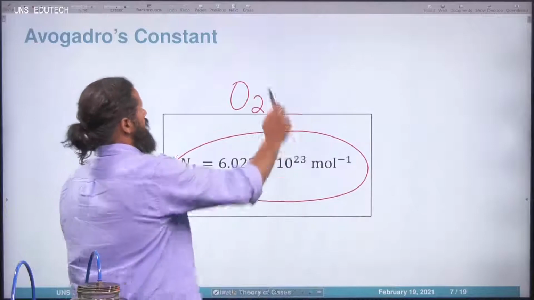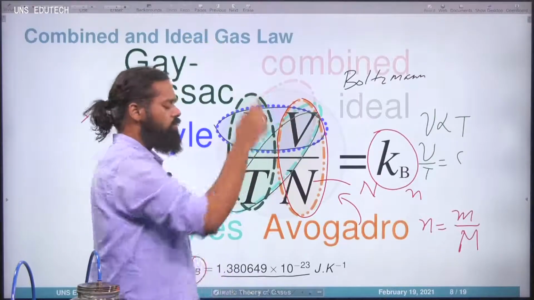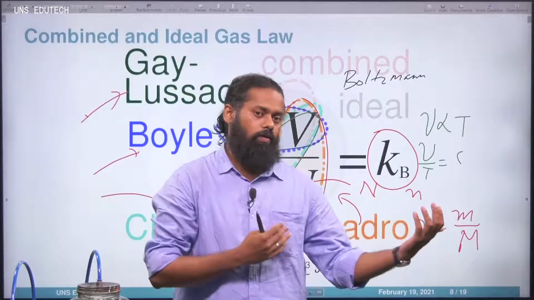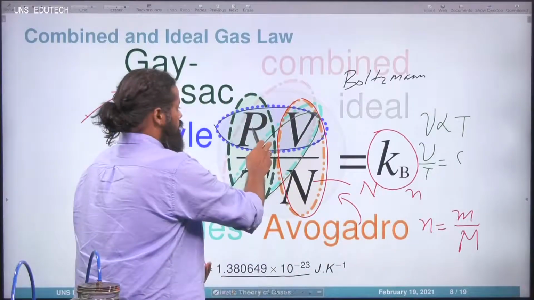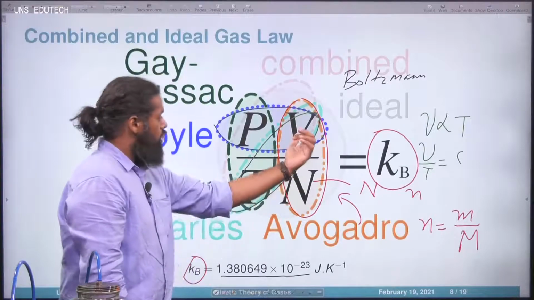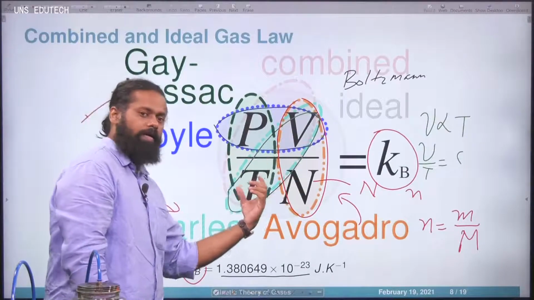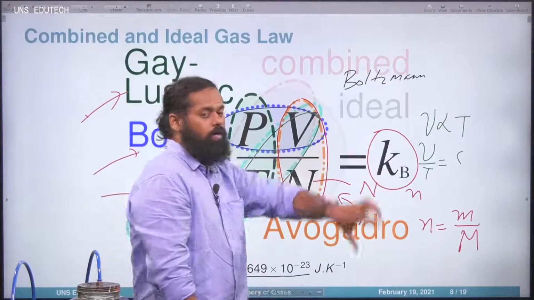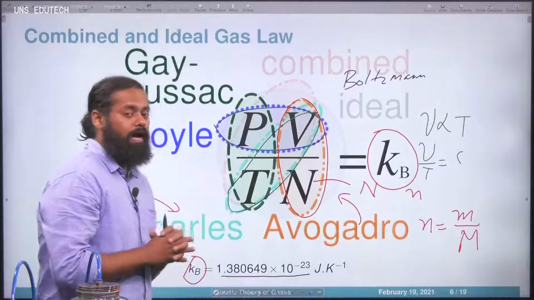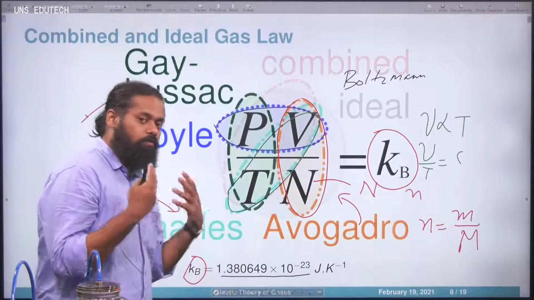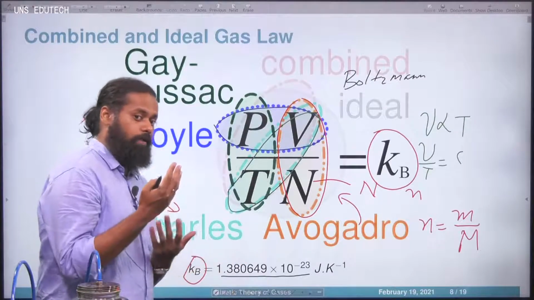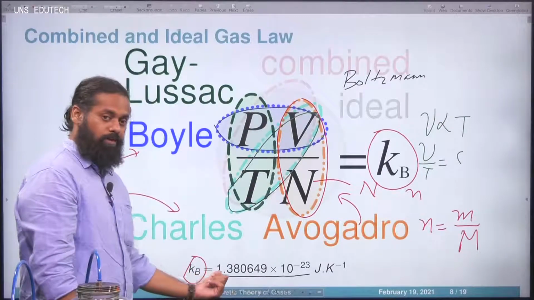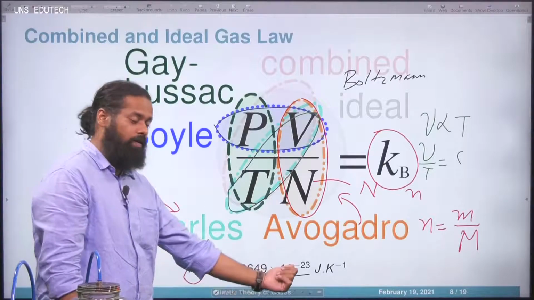That is the idea. Then we are combining all these equations and introducing a constant called the Boltzmann constant. We take the pressure of the system times the volume of the system, and divide that quantity by T, the temperature, and the total number of molecules, and then you get a constant called the Boltzmann constant. This equation is called the ideal gas equation. You can express it in one more way, in terms of the universal gas constant. And before going to that, Kb we discussed, 1.38 into 10 to the power minus 23,